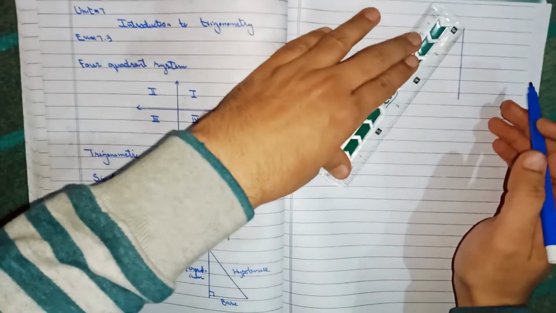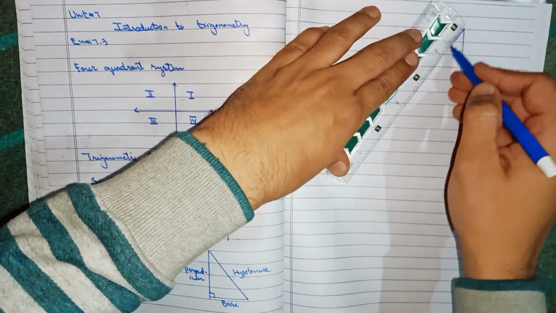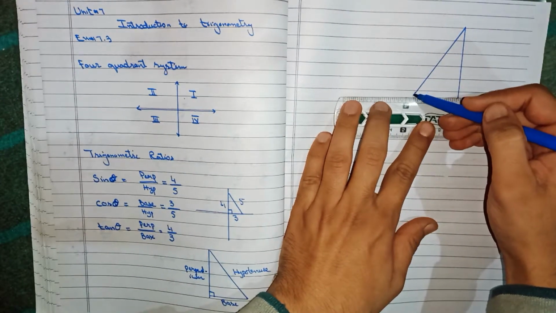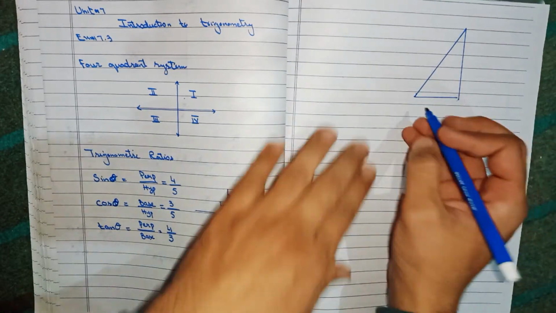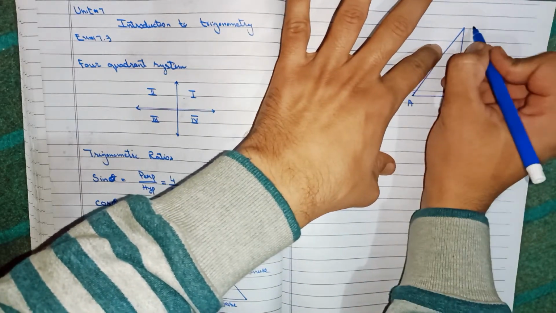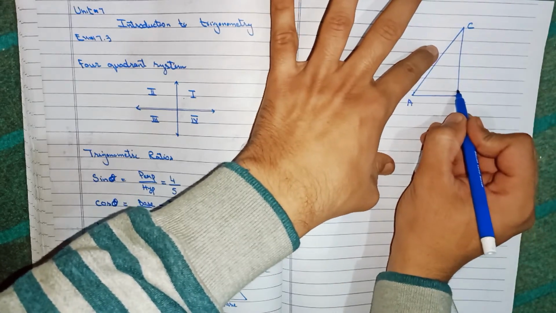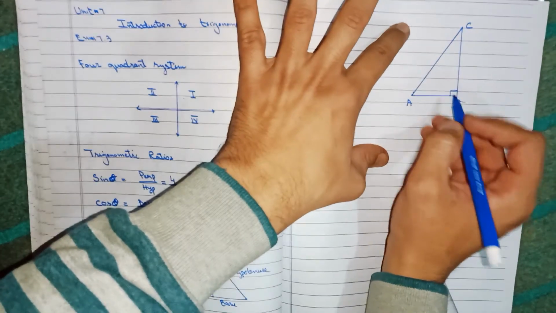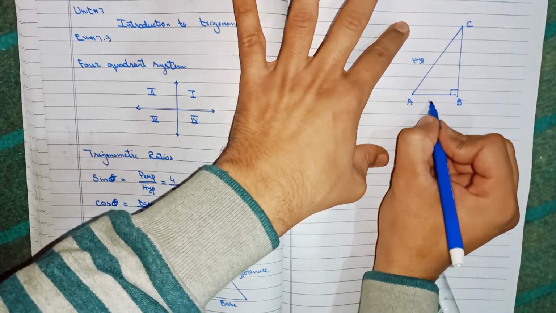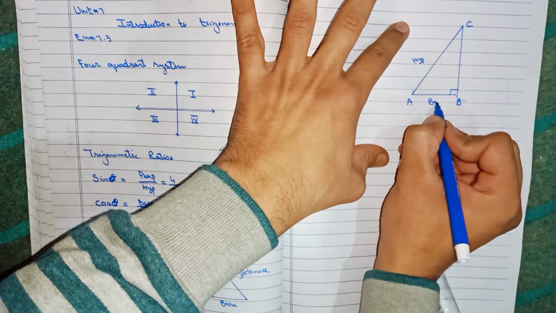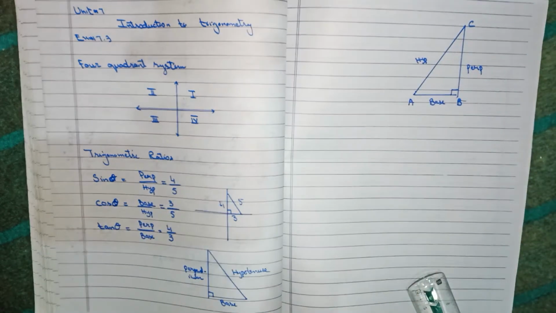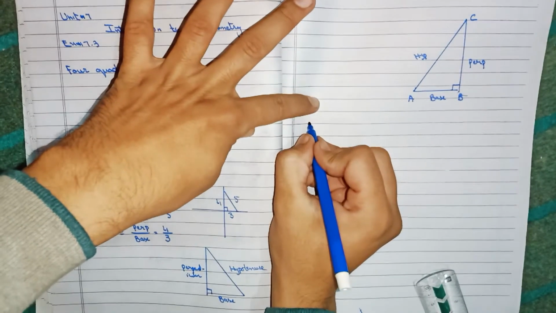If I have a right angle triangle, say A, B and C, then at angle B we have the right angle. Opposite to the right angle is the hypotenuse, along this is the base, and this side is the perpendicular. Right angle triangle. So in triangle ABC,